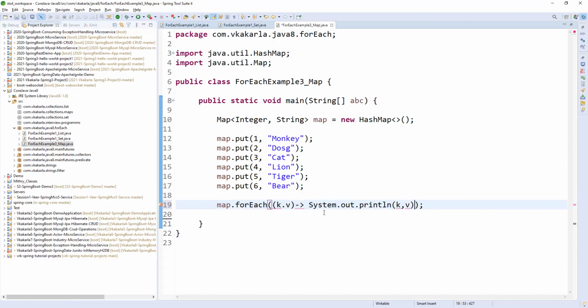Let me check that we are giving correctly, right? So key comma value, and yeah, here I am giving dot. That is wrong. So println.